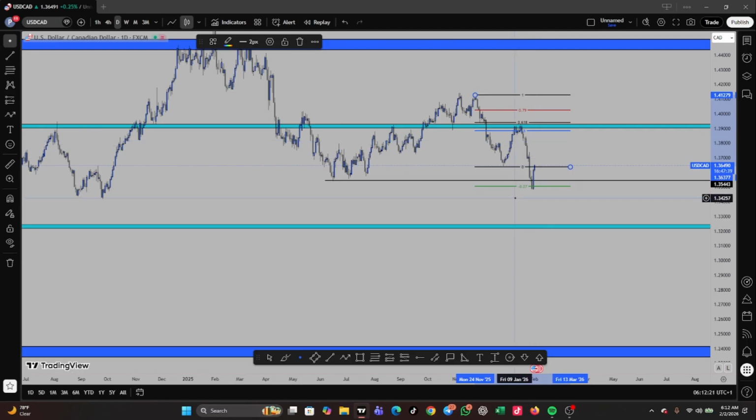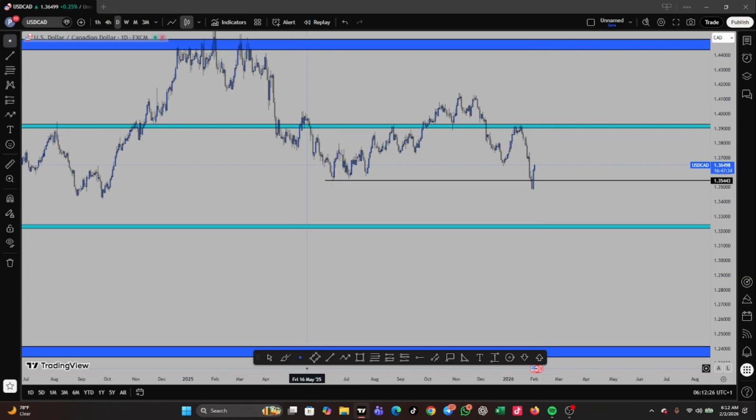So the market has been able to create a new lower low. So now we are expecting a retracement to come in. Price will not just start moving in a straight line. So a low has been established, a lower high, a lower low. So we are expecting another lower high for the market to continue its bearish movement to the downside. So for now, I'm expecting the market to move overall to 1.32 on USD/CAD, and I'm setting myself up